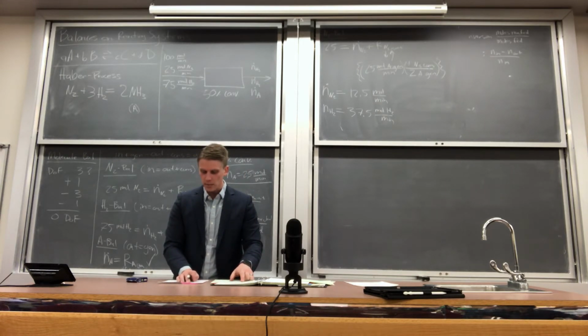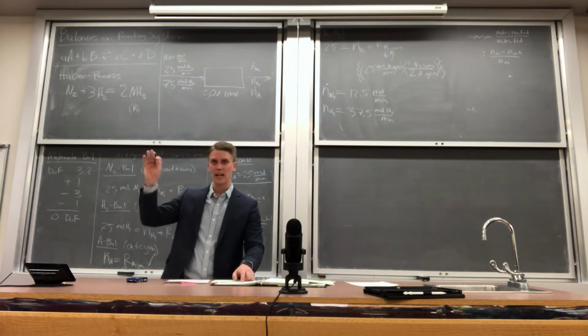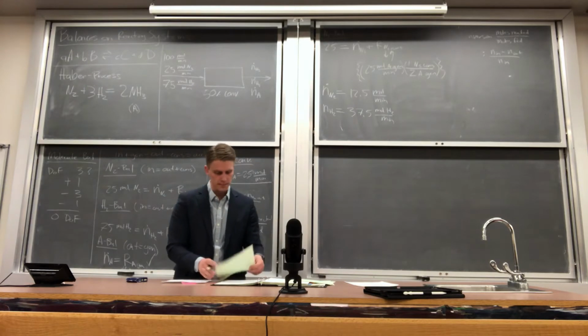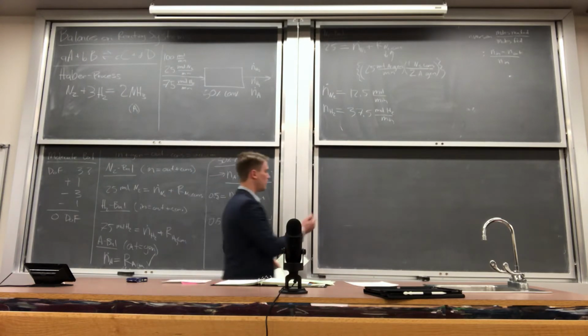Non-reacting independent molecular species balances. These are inerts, right? There's no argon or anything else floating around in there, so that's 0. And design specifications is 1. So we have 3 unknowns minus 2 independent atomic species, N and H, and minus 1 design spec. That gives us 0 degrees of freedom. So in an atomic balance,